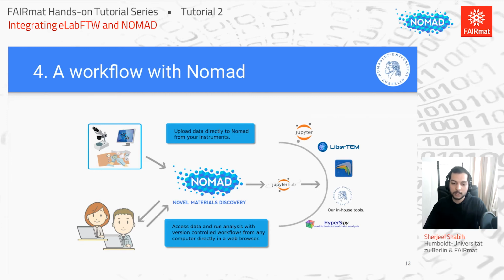So this is a little workflow image I like to show, where you collect data from your microscope and it gets directly uploaded to a service like NOMAD. And then you can launch different tools on this, using JupyterHub's launching capabilities. And most importantly, when you have launched these different tools like this, it gives the space for a developer to really find a way to version control these analyses and create a